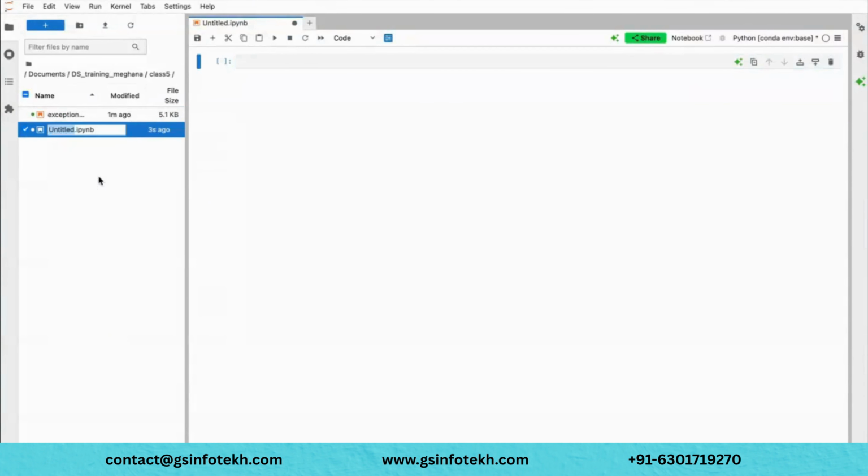There's one more concept we will go and see: OOPs. Here we will try to understand classes and the basic OOP concepts. What is object-oriented programming, right? And then we have basic concepts like inheritance, polymorphism, and encapsulation. We will try to understand all those things in Python. The same concepts will be there, but how do you do it in Python? The syntax will be a little bit different.